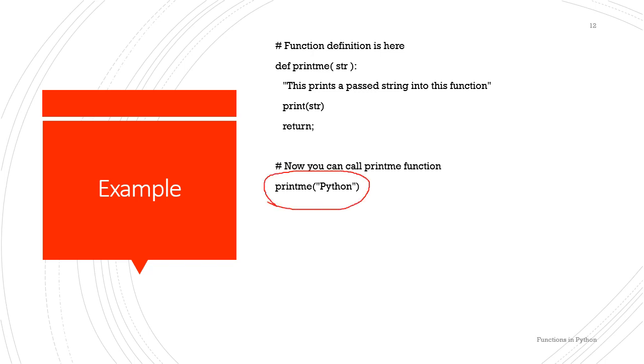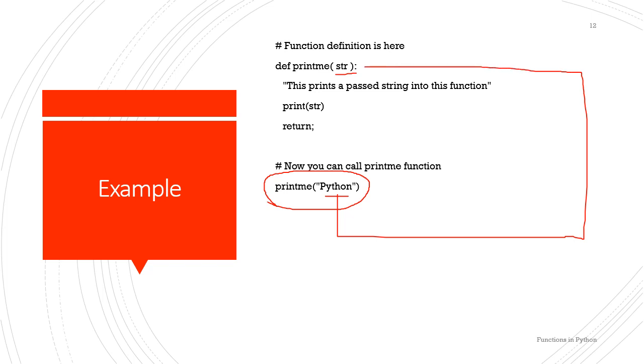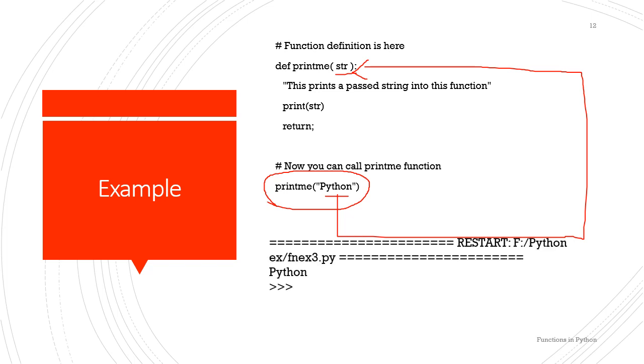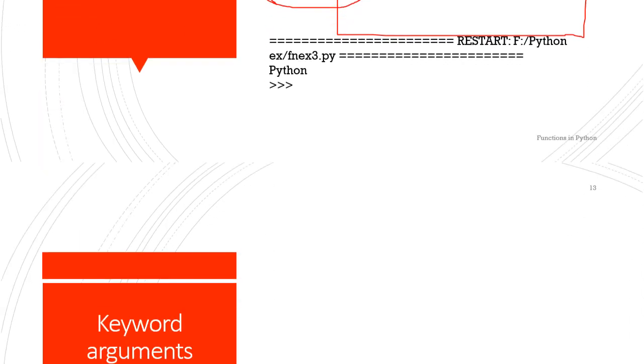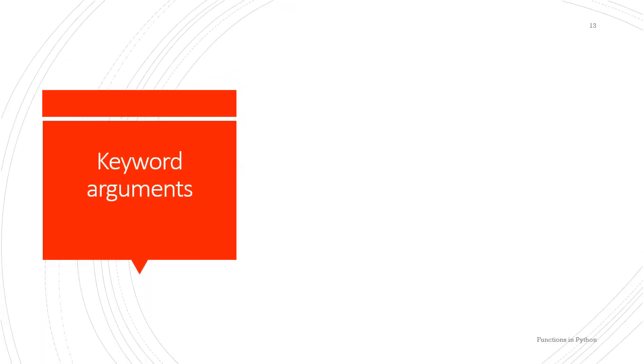It need not be a string value, some parameter. Means in case of Python, what is assigned to this variable will be considered during runtime. So by passing some value to this function, this error can be rectified. In this case, the string Python will be passed to this particular variable str during runtime. So I'll get the correct output. That is the first category of argument.